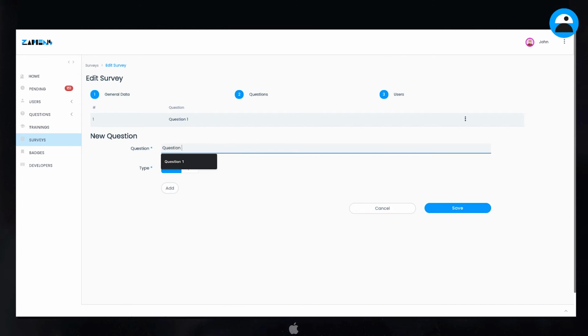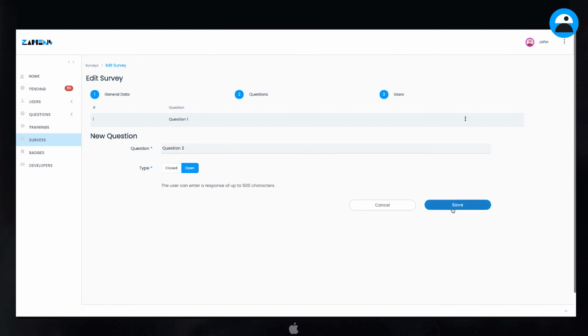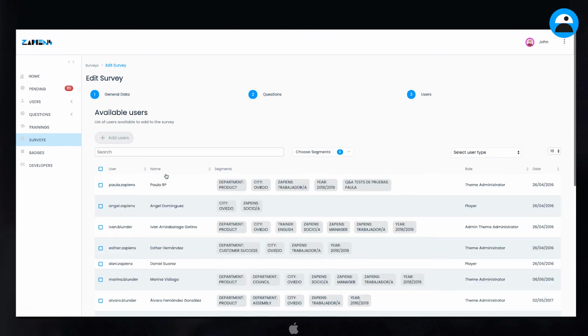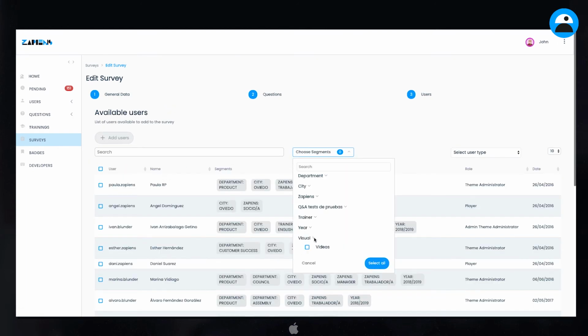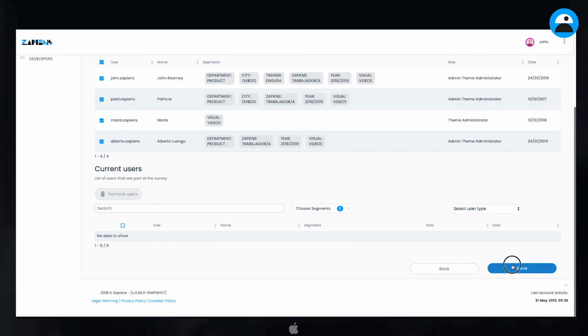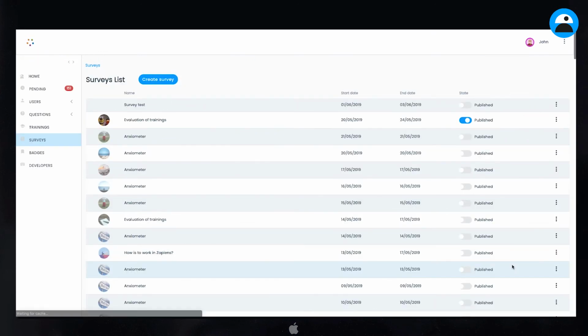And finally, you must select the users who will participate in the survey. As always, you will be able to filter by segments to ask questions to a specific department or group of users. And your survey is ready. With them, you will receive feedback from the members of your organization that will serve to know the opinions of